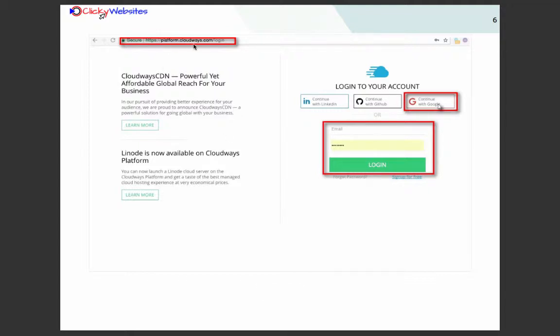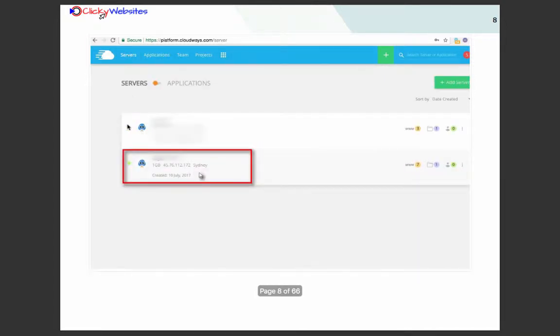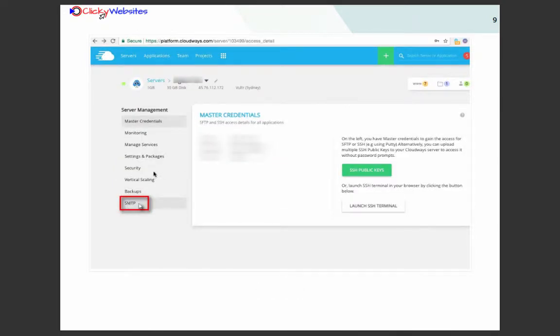So next you want to go to Cloudways and you want to either sign up with Google, GitHub or LinkedIn, or your email and password and login. So once you're in Cloudways, just click on servers, choose the server that you want the email to be associated with, then click on SMTP,